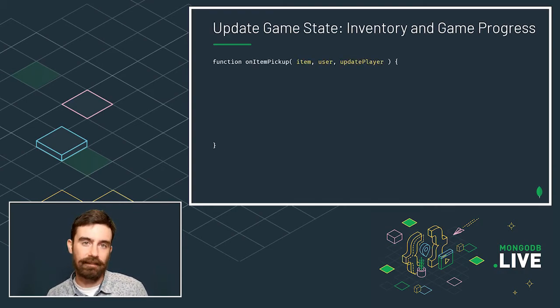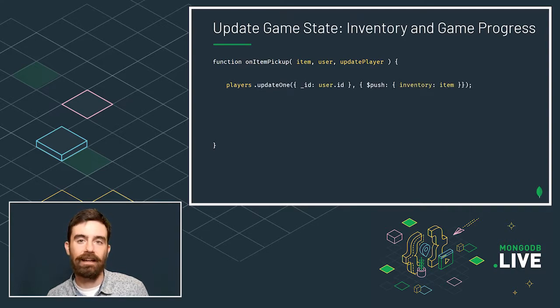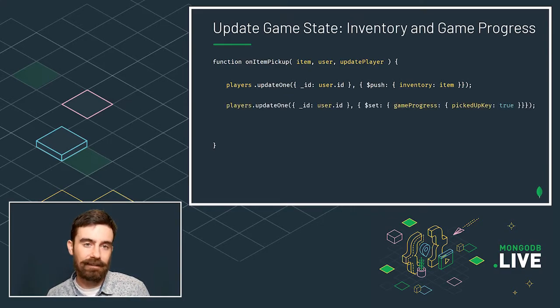So what if we want to update those values though, right? It's going to be very similar to what we did before. We're going to query against our players collection. We're going to update one, right? And the only difference here is really we are pushing a new item into the inventory. This is not unique to this. This is how you would do it with normal MongoDB drivers. And updating location is the same as how we would update the game progress. So now we're setting pickedKey to true. And we'll update our player, which will cause our state in React to update, and we'll re-render.